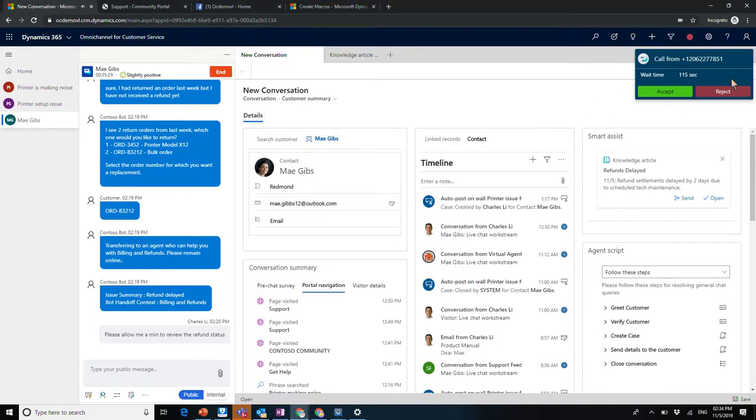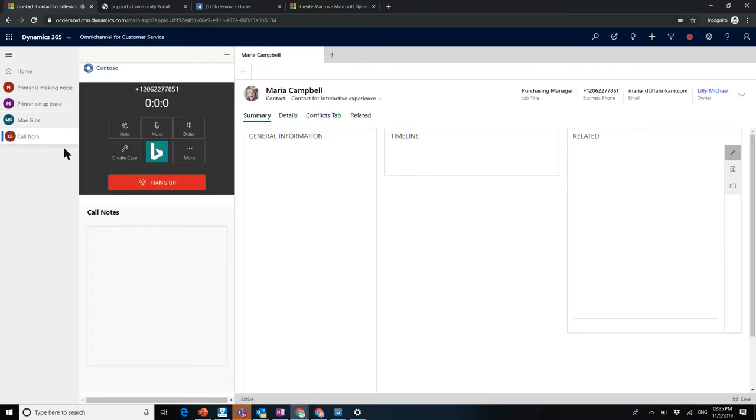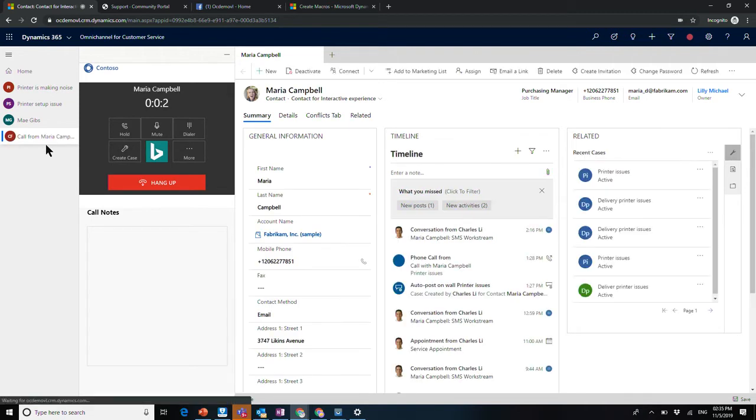A first-party chat session is going on, but you are receiving a third-party notification in the same experience. You accept it, and it will start a session here. This session has been started, and automatically it has been linked with Maria Campbell. What it did in the background was an API call of create session, and that create session API went and looked up that phone number inside the CRM database, and then opened that.